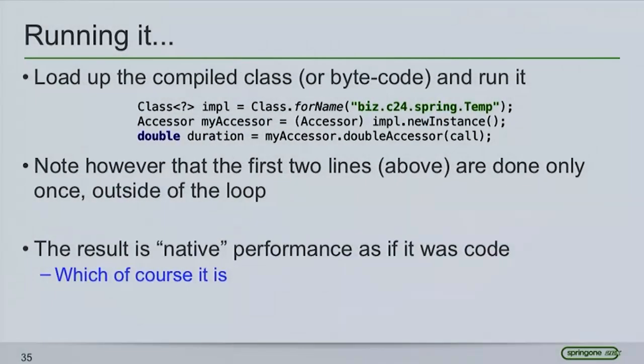And basically to run this is really nice and simple. You just do a Class.forName, load it up, and you've got your accessor, and you can now do the get double. Now the first two lines naturally you'd put outside of your loop because you only need to do it once. So you'd have the compilation, you'd load the class up, and you can now use it. This is native. There's no difference. I can run it 100 million times and it's the same speed as if I had used the native